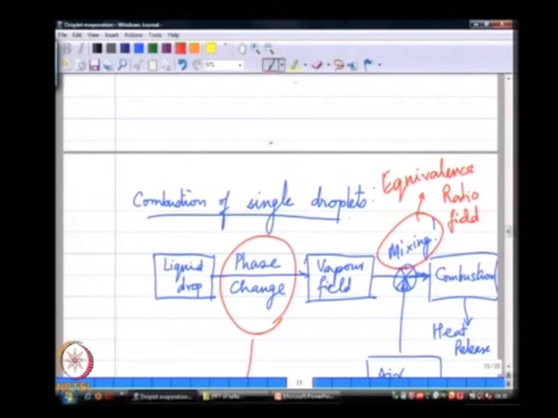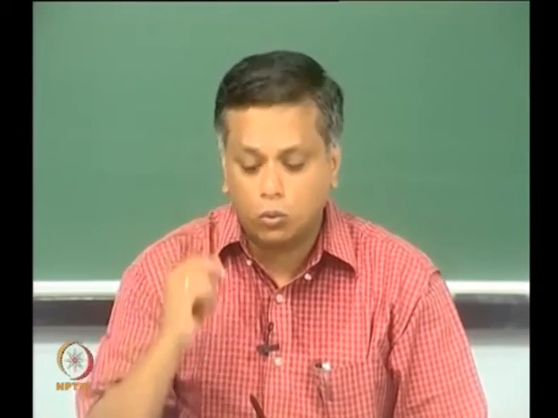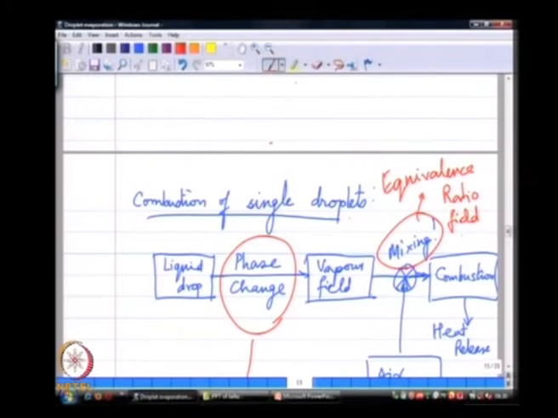This equivalence ratio field is essentially now limited by the rate of mixing. I have a source of vapor which is my cloud of liquid droplets. The oxidizer source is spatially separated. So, in, let us say, a swirl stabilized burner, I may have the air coming through some kind of a swirler, and that air from the swirler would have to now mix with the vapor generated from the droplet stream, and that in turn has to give me an equivalence ratio field that would then undergo reaction, which we call combustion,